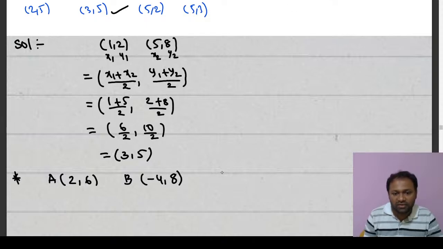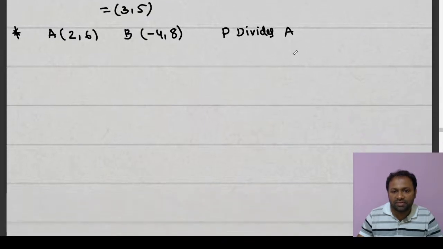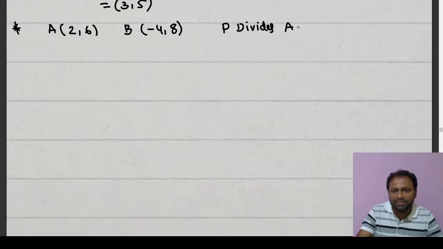Okay, if the point P divides AB, A comma B, in ratio 2:3 externally,